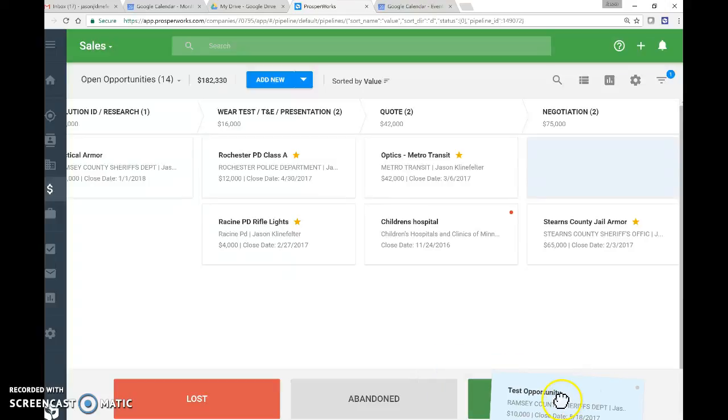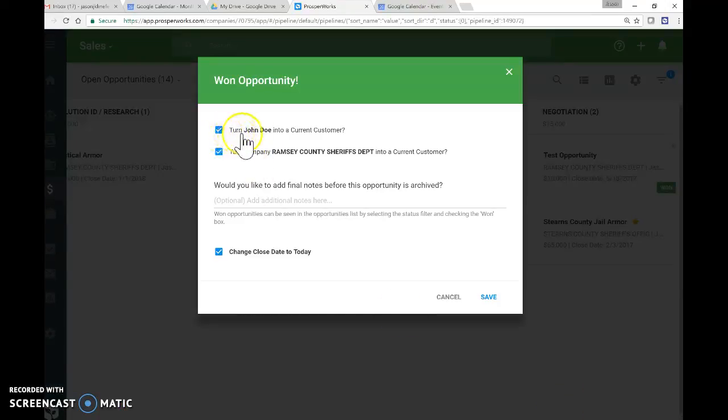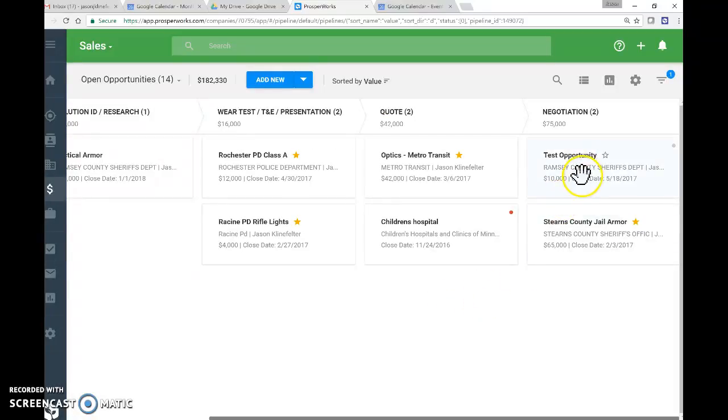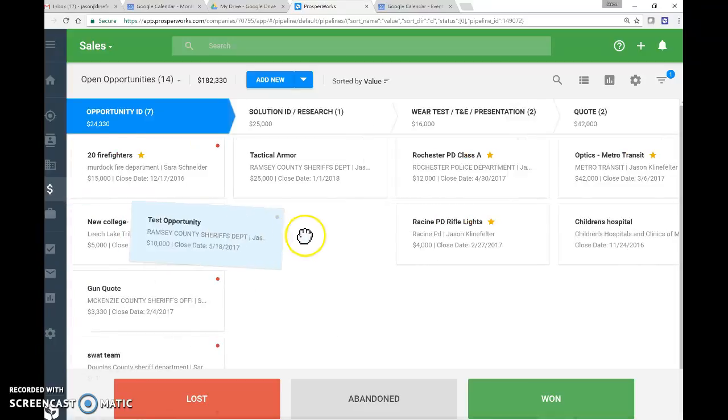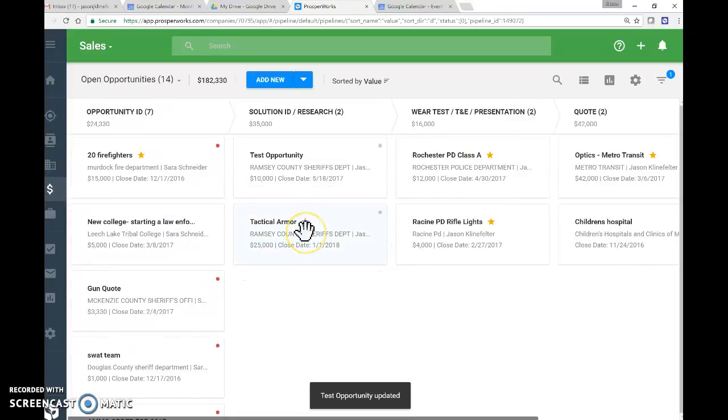lost. If it's won or lost, it'll bring up this. It allows me to turn John Doe into a current customer, or Ramsey County Sheriff's into a current customer, and add any additional notes that I want to include for future reference. So that is how we are going to track opportunities and manage opportunities all the way through the process. And the key to it is always making sure that we relate tasks, calendar items, and everything back to the people and back to the